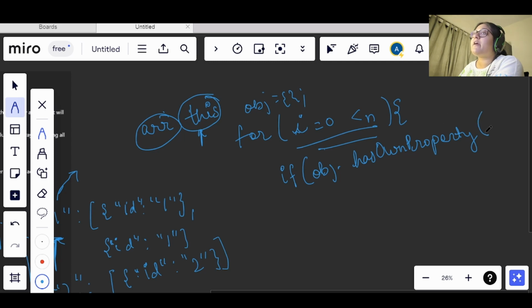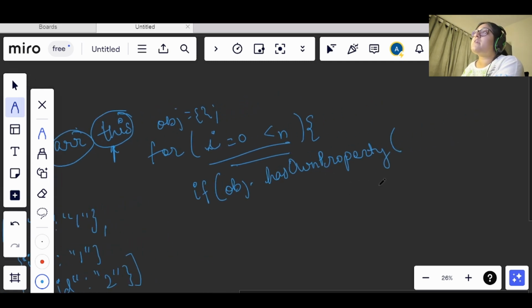So how we will find the key here, we will pass fn, right? We will pass arr of i in fn. So we will do the same here. Instead of arr we will use this, so I will write the same here. So we will pass this of i.